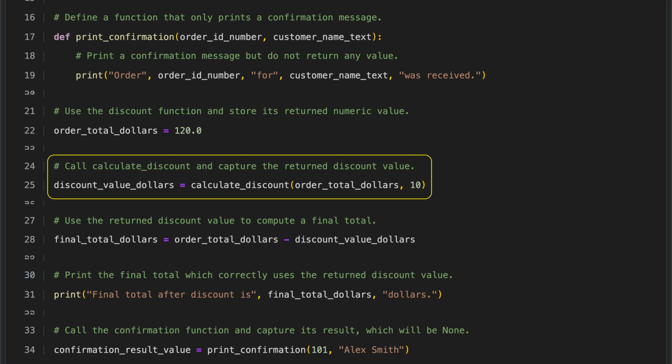We use a discount calculation function by giving it the total order amount and the discount percentage. Inside this function, the discount is found by multiplying the total price by the percentage and then dividing by 100. This gives the discount amount in dollars. We store that result in a variable so we can use it later, for example, to reduce the final total